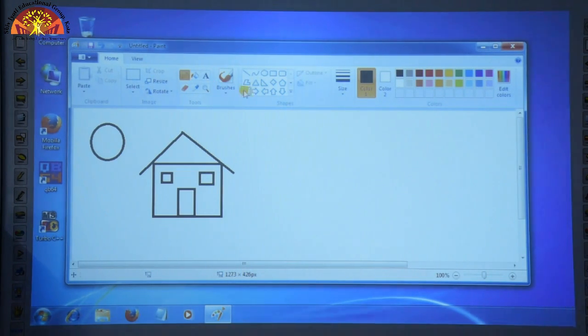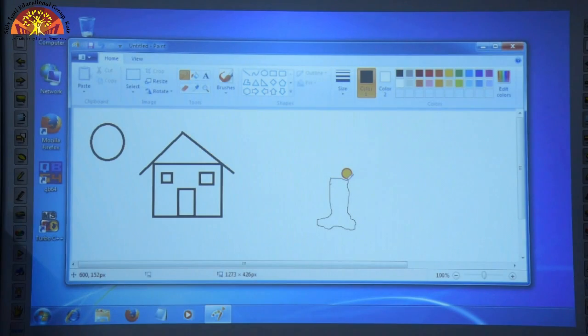In the next step we will select the pencil tool and make a freehand drawing. We will make the trunk of the tree with the pencil tool. Now I will tell you one very important line: while using fill with color, there should not be any gap in the outline of the image. Like we have drawn this freehand tree trunk, we should keep this in mind, that there should not be any gap in the image, because if there is any gap, what will happen? The color will fill the whole drawing area.